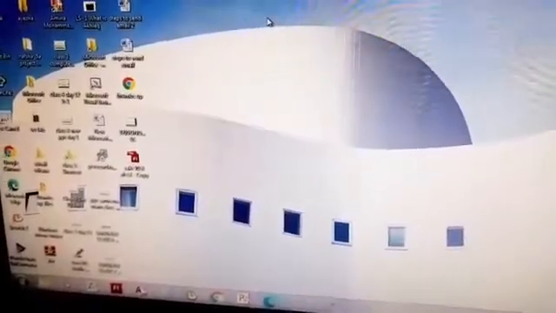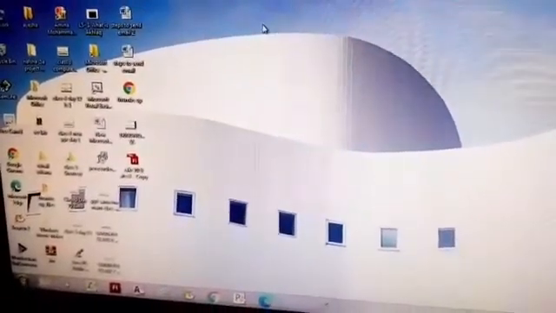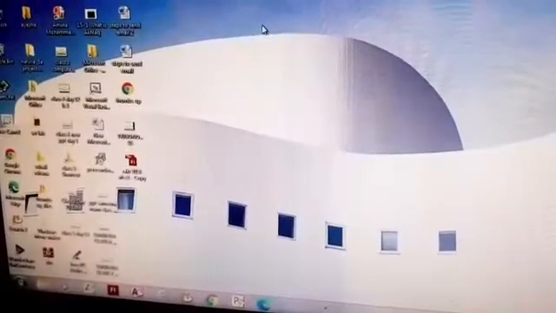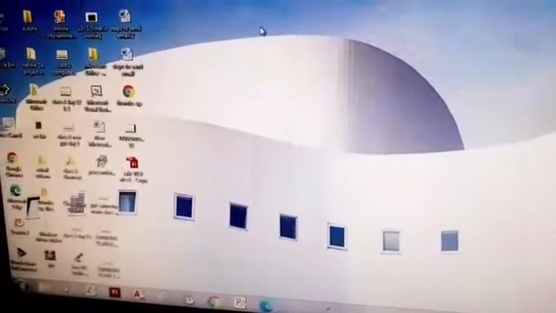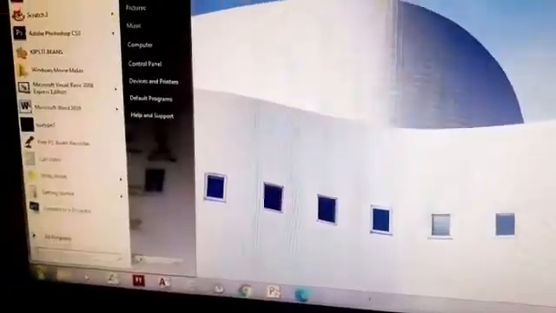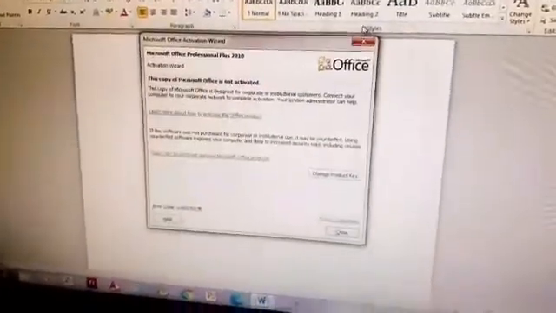Now children, let us consider the reverse scenario. The keyboard has stopped working but the mouse is working. Windows has an on-screen keyboard which can be operated with a mouse. So start the application where you wish to use the keyboard. For example, I am using Microsoft Word. So first I will open Microsoft Word where I want to type something.